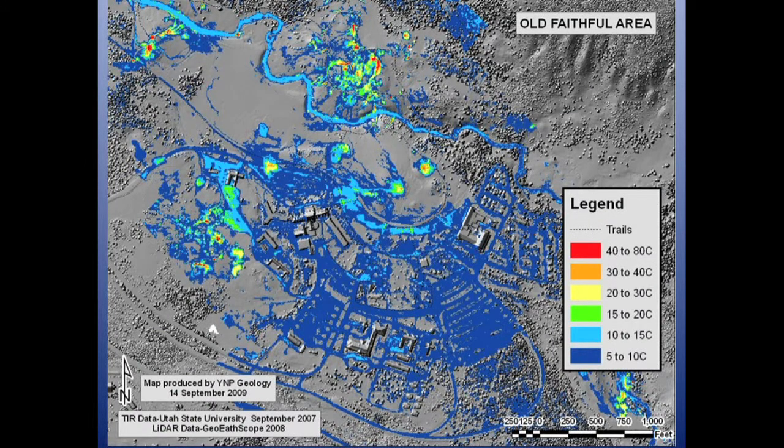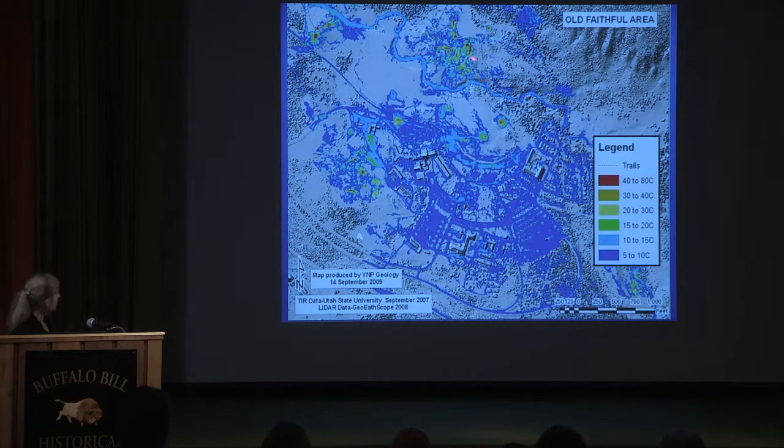So here's one of the Old Faithful area. I've draped it on. The gray is some very detailed topography. You can see all the trees. Here's the Firehole River. This is Geyser Hill. You can see sort of a random pattern of reds, yellows, greens. Okay, and